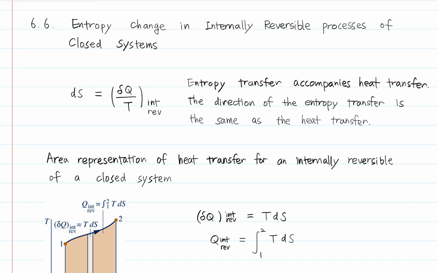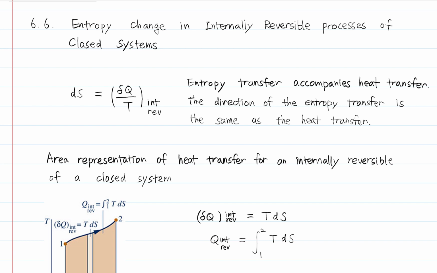6.6 Entropy change in internally reversible processes of closed system. When heat is transferred to a closed system, the internal energy of the system increases. As a result, the molecules move with high kinetic energy, and the disorder in the system increases. So in this section, we are going to relate the heat transfer to a closed system and the entropy change